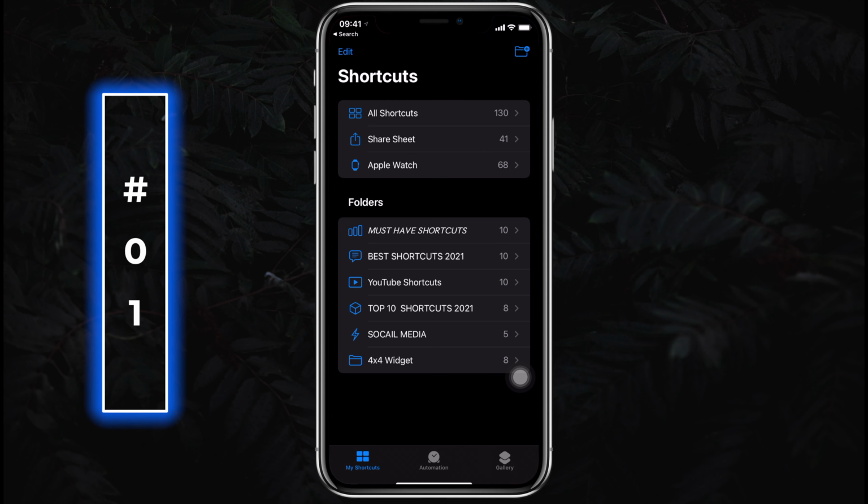To run a shortcut, as everyone knows, we just have to tap on the shortcut. But every shortcut will have different menus and some won't even have any. For example, tapping on change EQ shortcut will directly take me to the EQ settings. But on the other hand, if I tap on say Food Hub, I'll get a menu, and if I tap on one of the options, I'll keep getting the menus one after another until I get my result. My point being here is check out my Siri Shortcuts playlist from here and watch how to use your desired shortcut first and then add it from the links.